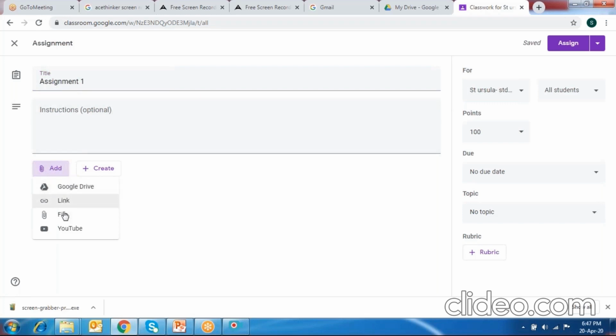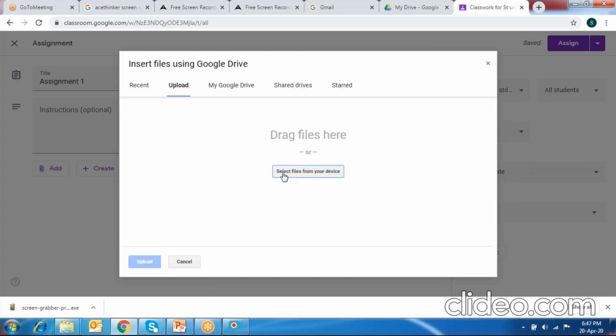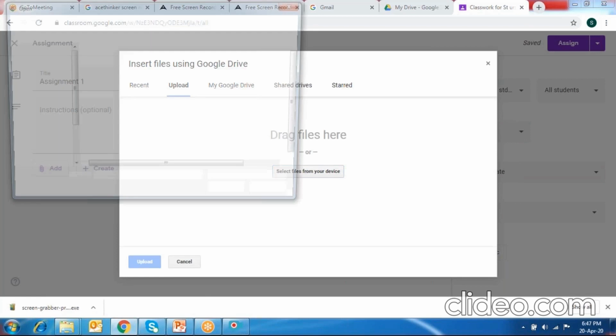Now you have these many links. So if you have your assignment already on Google Drive, you can select it from Google Drive. If you have it on YouTube, you can select it from YouTube. But if I have to select a file from my laptop, then I click on this third option, that is file. When I click on this option file, then this window pops up. Then select files from your device. I click over here.